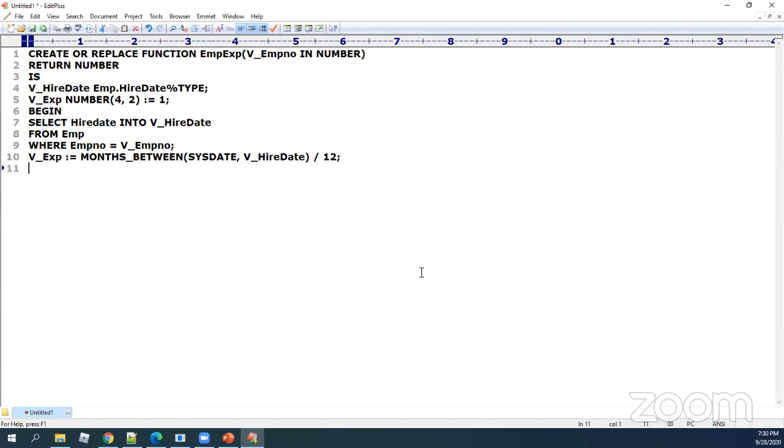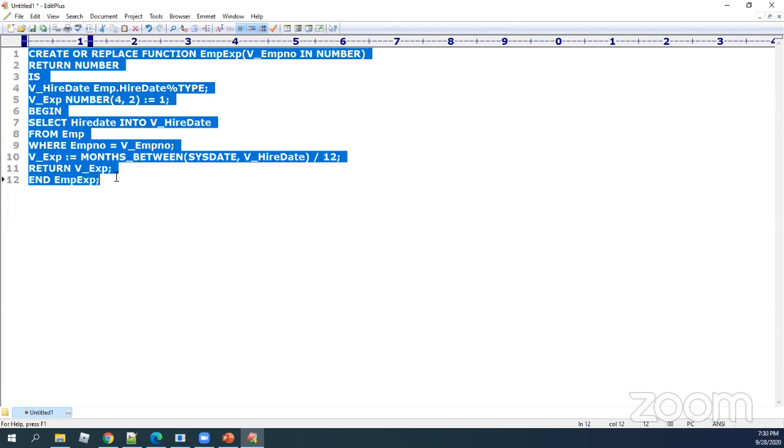Now this experience we are expecting to be returned to the calling environment, so we are keeping return v_exp. And then we end employee experience. So that is my function created in PL/SQL.